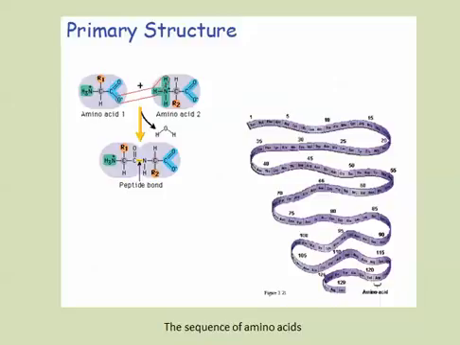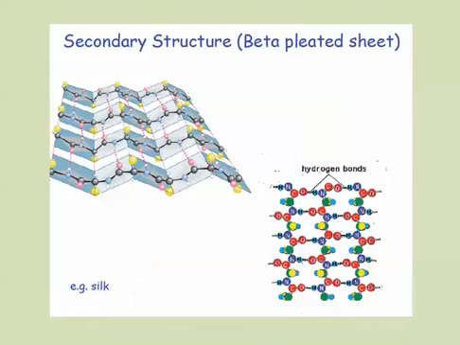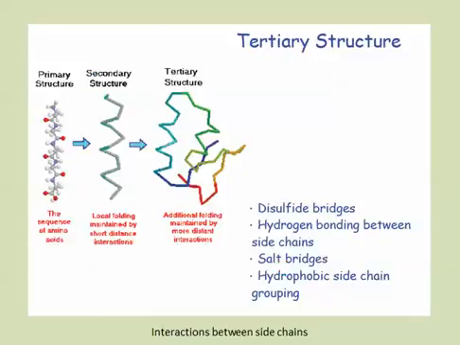Secondary structure is where we're going to see some additional interactions between amino acids. So we often end up with regular repeating patterns, such as the alpha helix, where you can see this hydrogen bond between residues that are 3 or 4 places apart, and it gives this helical structure. Another secondary structure, such as in silk, is a beta pleated sheet. Again, you can see maybe this is going to give the protein different properties. And then